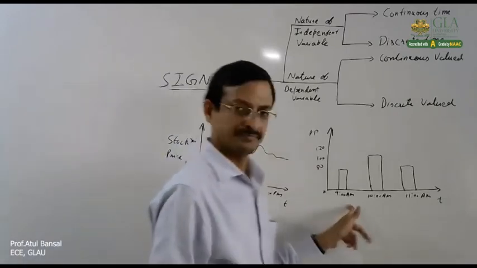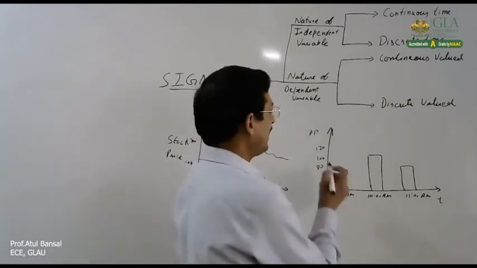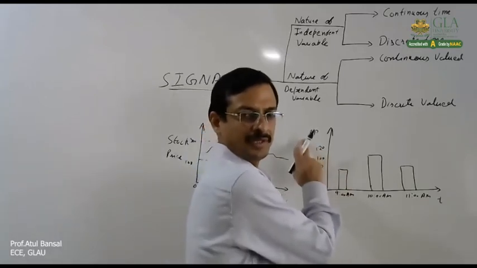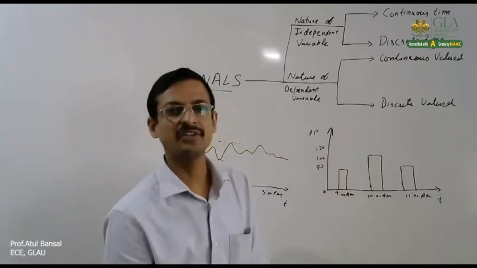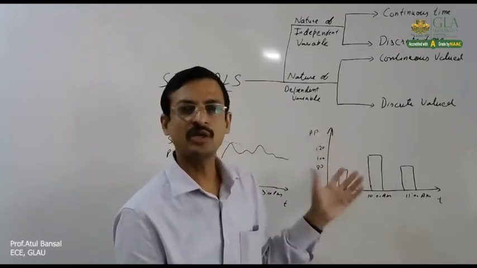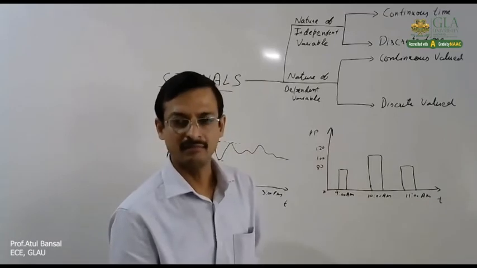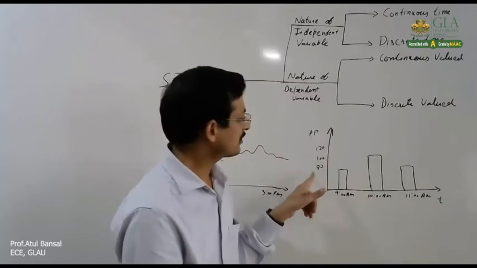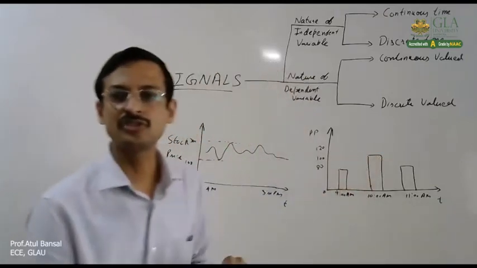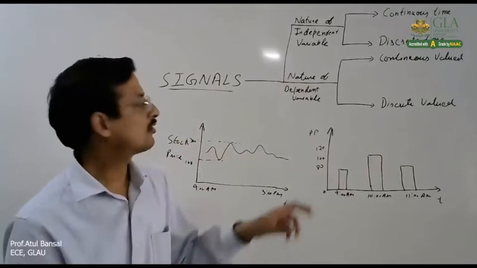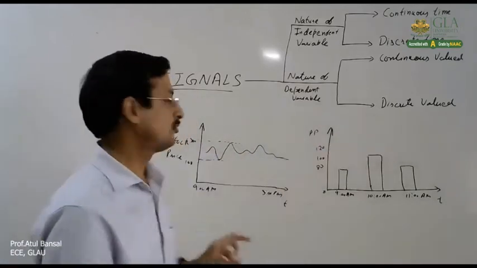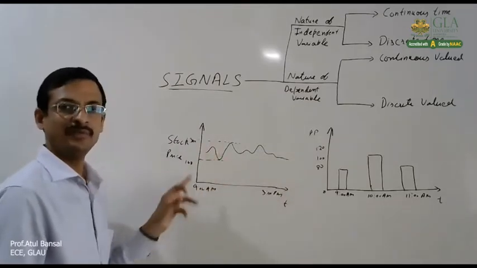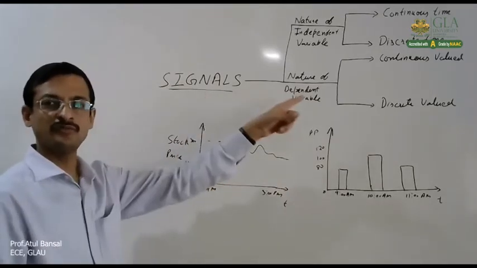But if you look at this, what is there? This can have only discrete values. It can be either 80 or 100 or 120. The calibrated instrument is giving you only the values 80, 100, 120. You cannot have a value in between, like 110 or 90. So that is the discrete value. This type of signal whose values are discrete in nature is known as a discrete valued signal, and a signal which can have continuously any value between minimum and maximum is known as a continuous valued signal.